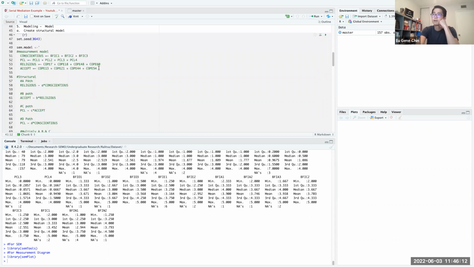So first of all, we got to tell the computer how we are going to operationalize conscientiousness, PCL, religious coping, and acceptance as latent constructs. To do that, just say conscientiousness, and again, you can name this anything that is intuitive for you to understand what the latent construct is referring to. So in my case, it's conscientiousness being defined as, so that is equals tilde,